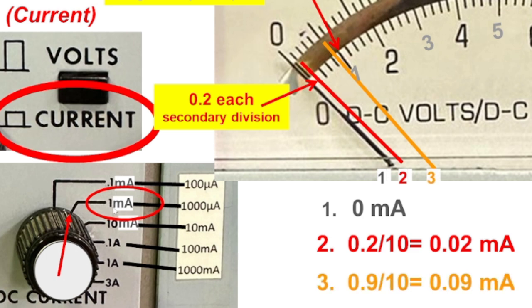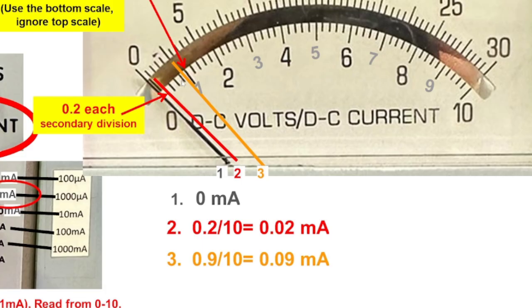So the next one will be 0.9 divided by 10. That will be 0.09 over here. Because this is 0.2, 0.4, 0.6, 0.8, and 1. It's between 0.8 and 1. So it's 0.9, divided by 10, 0.09 milliampere. This is 2.8 milliamperes, but divided by